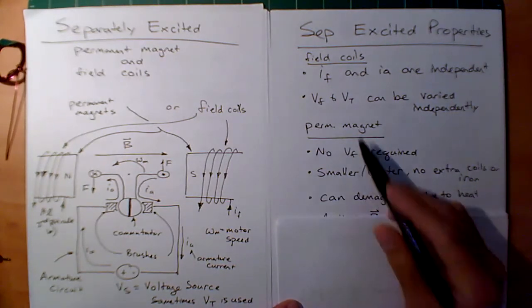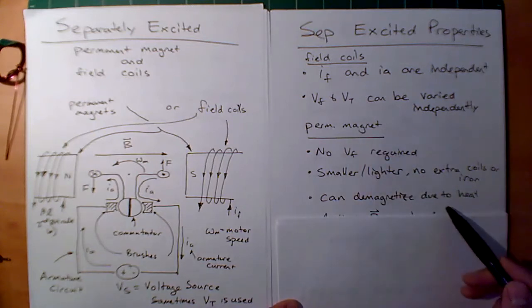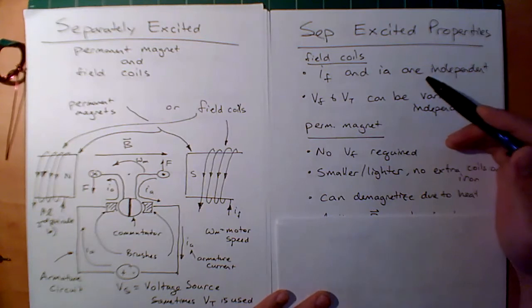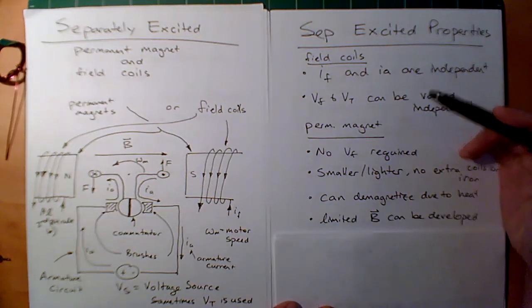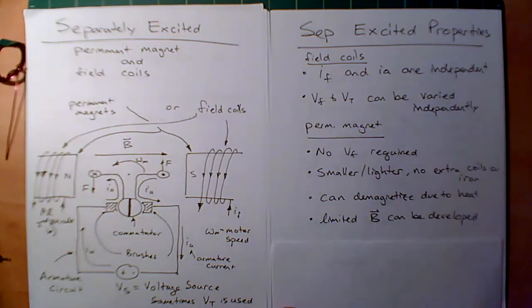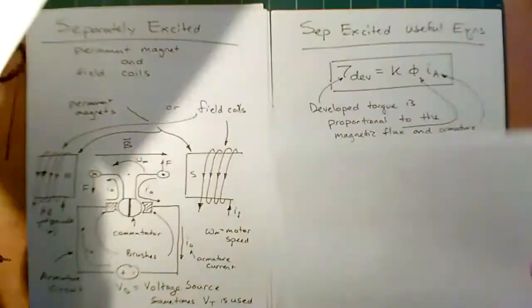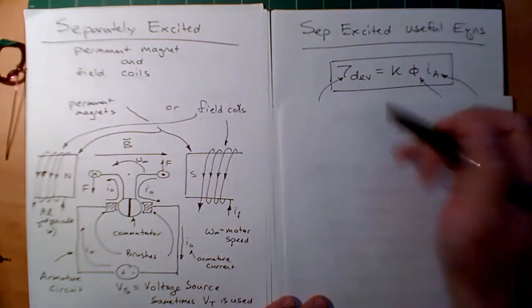Now the problem with permanent magnets is that you can demagnetize them due to heat, right? Heat is always a killer in engineering, and definitely no exception here with these motors. And like I said, only a limited flux density can be developed. Okay. Now I'm going to go over two useful equations, and the first one is going to be torque developed